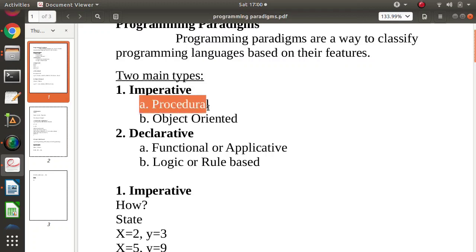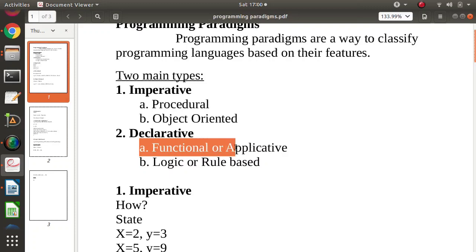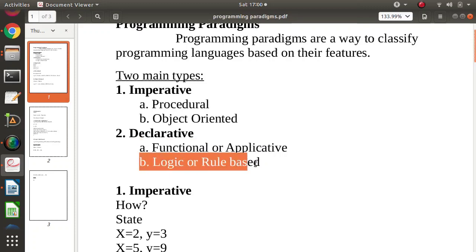One is procedural, which focuses on procedure calls. The other is object-oriented, which focuses on objects, real-life objects. Then in declarative, two types. One is functional, where all the statements are function calls, and the other is logic or rule-based, where all the statements are facts or rules.